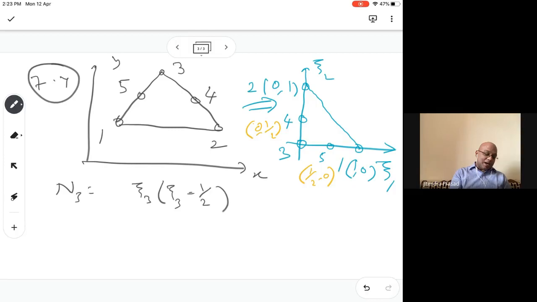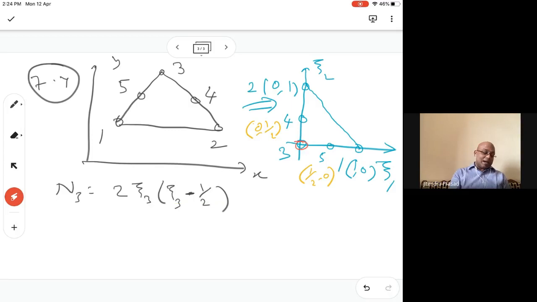And at this point xi3 equals 1. So you put 1 here: 1 multiplied by 1 minus half, so 1 multiplied by half. So multiplied by 2, if you put 2 here, this will be all right. So N3 is automatically quadratic here, right? No need to simplify, but xi3 and xi3 become xi3 square, and hence this is quadratic.